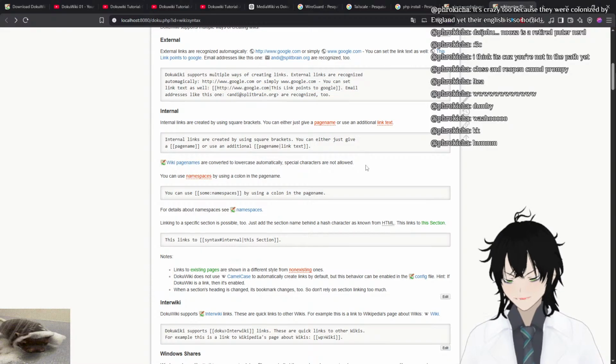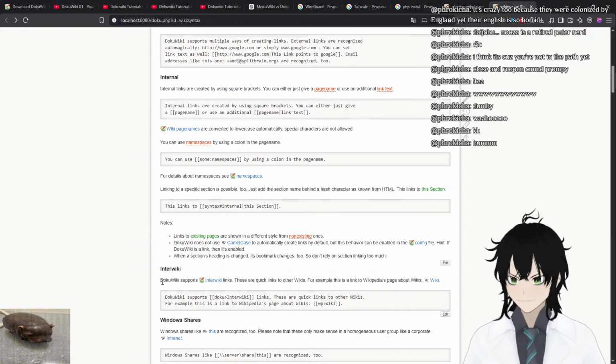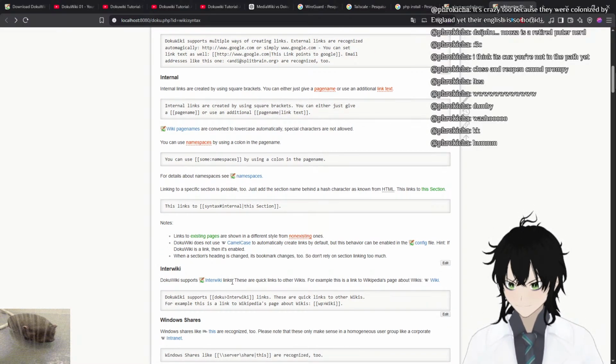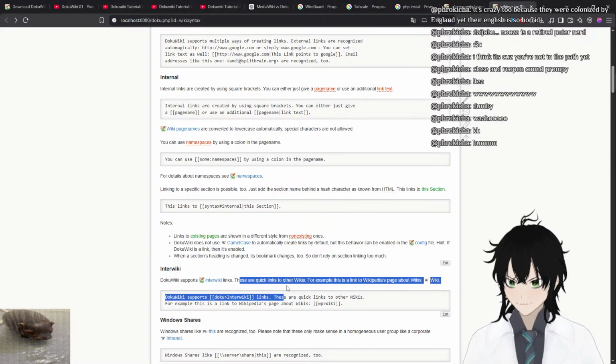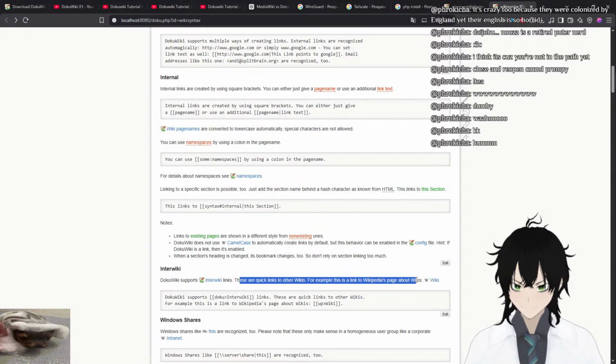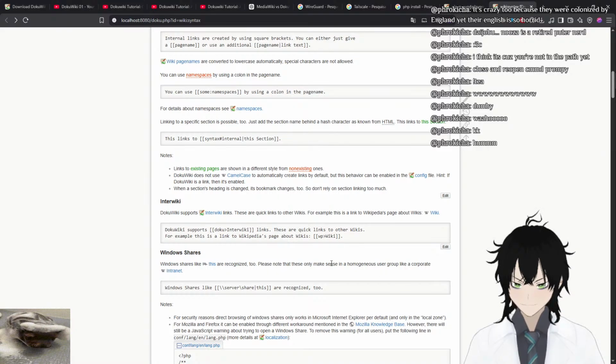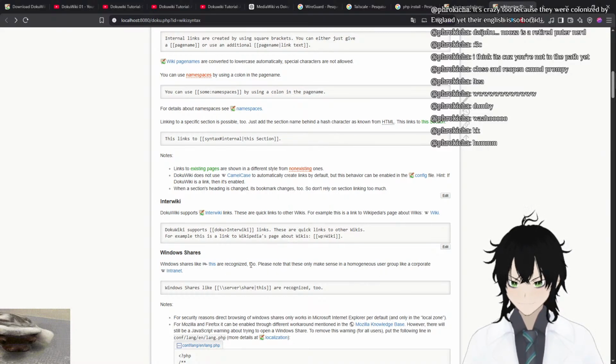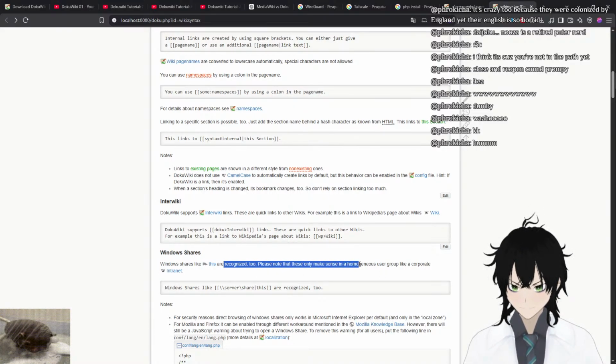More. I want to make like references. Interwiki links. These are links, quick links for other wikis. No, it's not what I want. This to